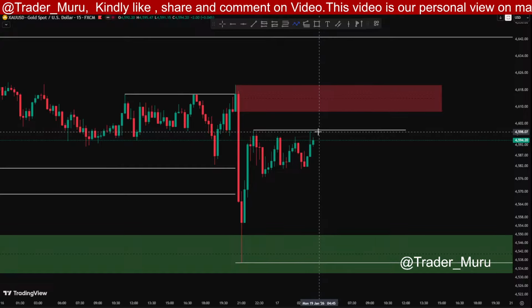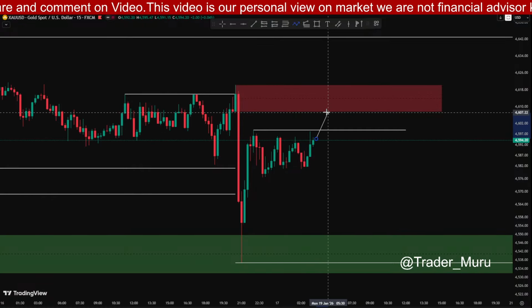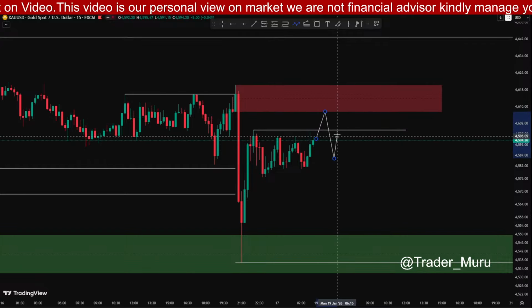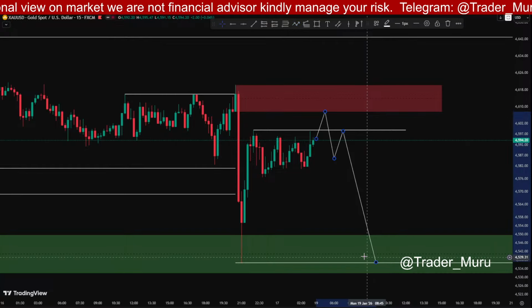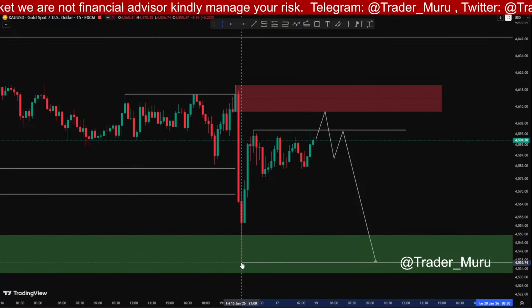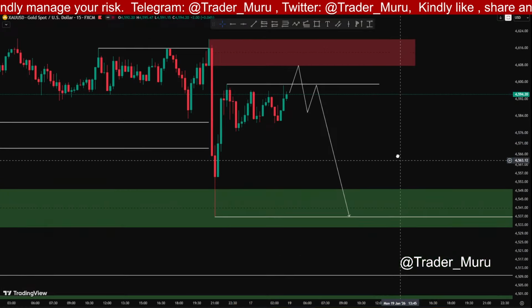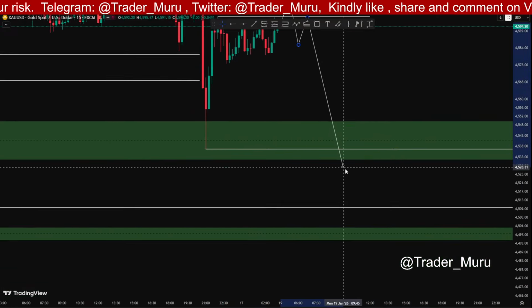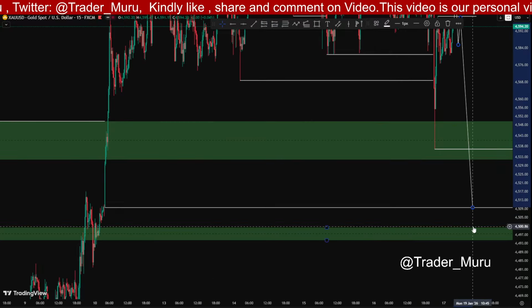So if price sweeps these highs, tests this area and reclaims this zone again, then we will be watching for a short. The first target will be this recently created low, which is around 4536, and the second target will be our weekly sweep area around